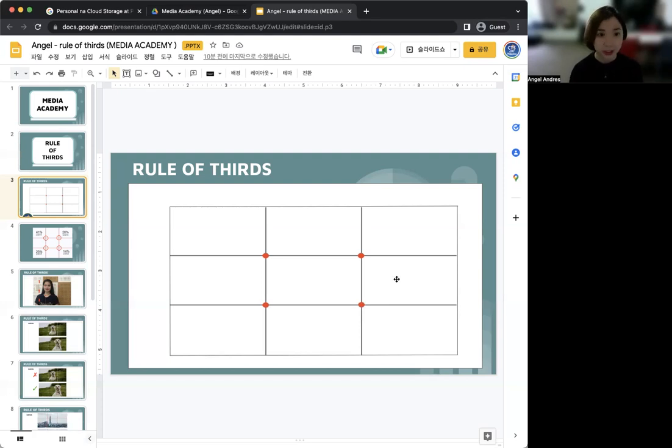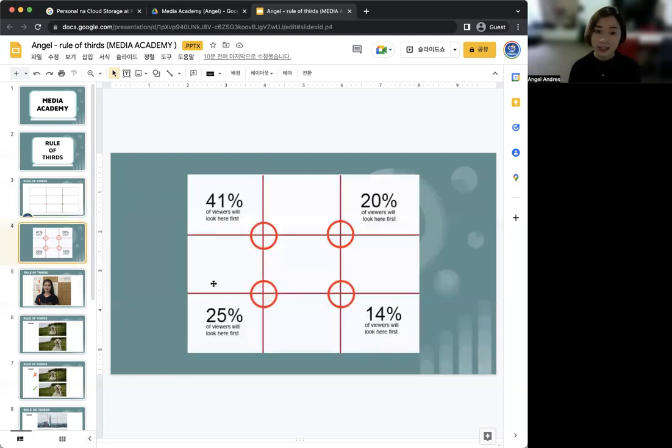Why is this important? As you can see in our next slide, this is how our eyes scan according to the rule of thirds. These are the areas that most people focus on first the most. Therefore, the significant pieces of the image are often placed here in these intersecting points. For example,